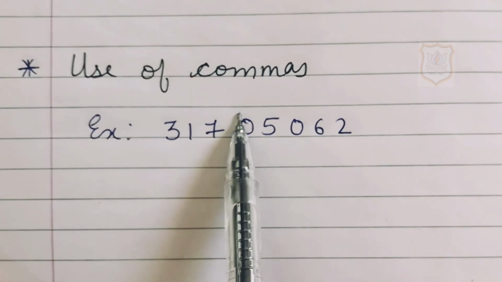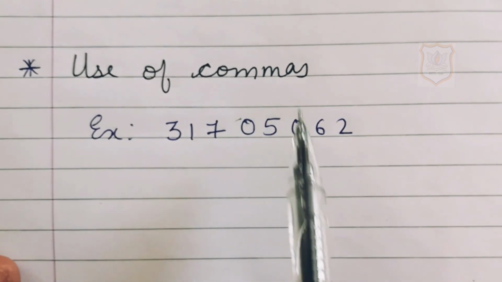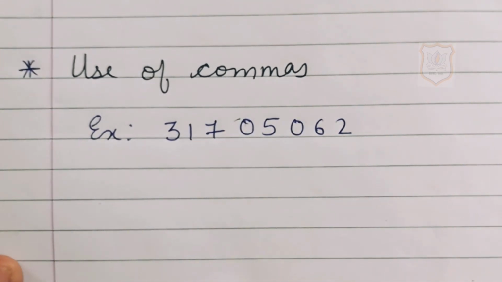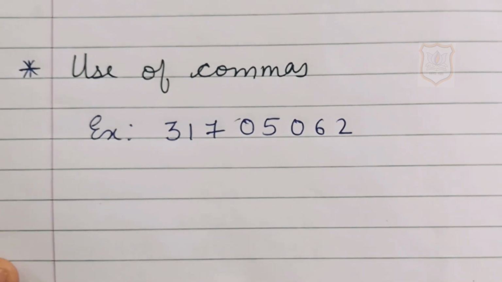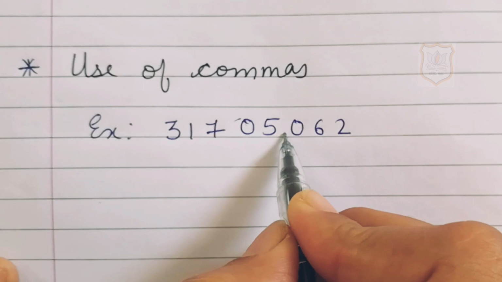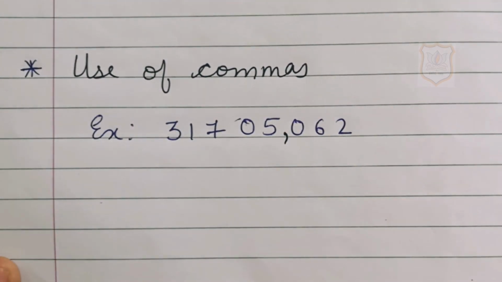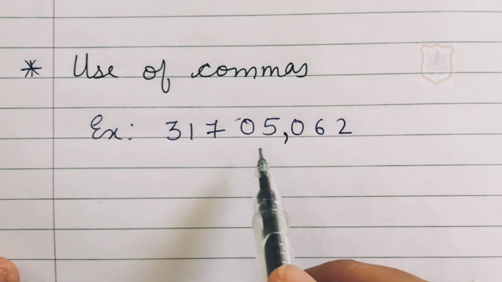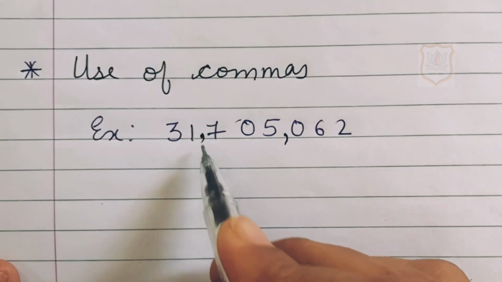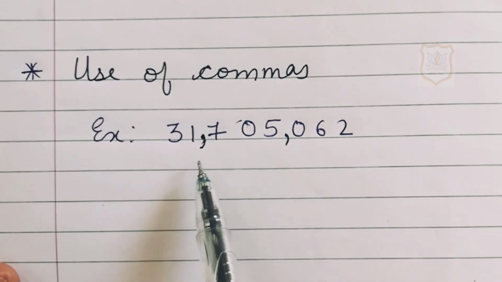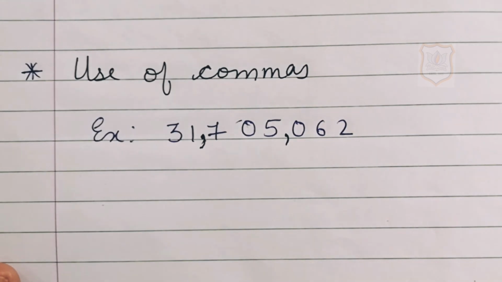Now, use of commas in International System of Numeration. As I have explained earlier, in the Indian System of Numeration, the first comma was placed after the hundreds place value. In the International System of Numeration also, the first comma we will place after the hundreds place value. And in the Indian System of Numeration, the second comma was placed after 2 digits, but in the International System of Numeration, the second comma we will place after 3 digits. This is 1, 2 and 3. So here we will place the comma. In this way, after every 3 digits, we have to place a comma in the International System of Numeration.